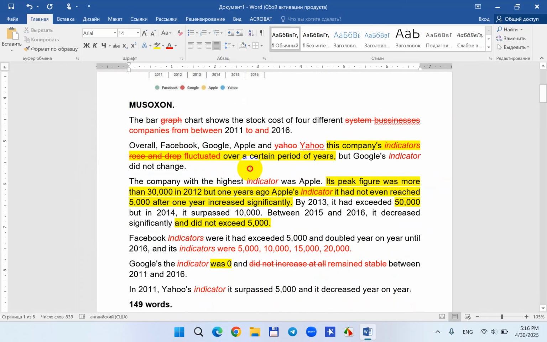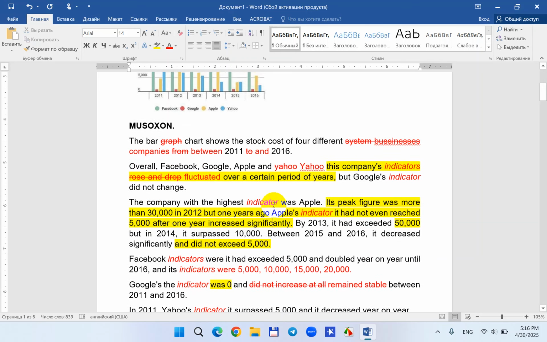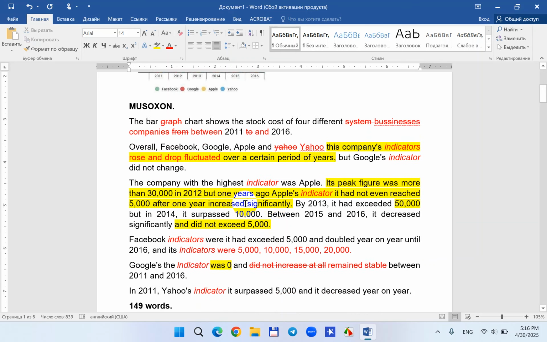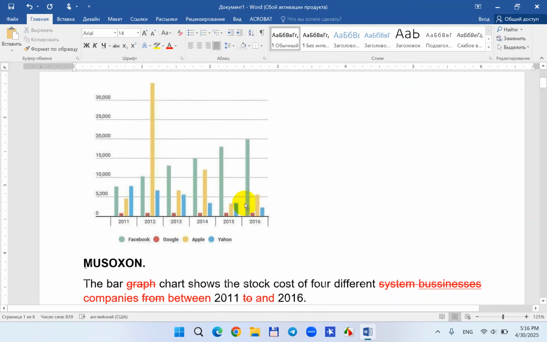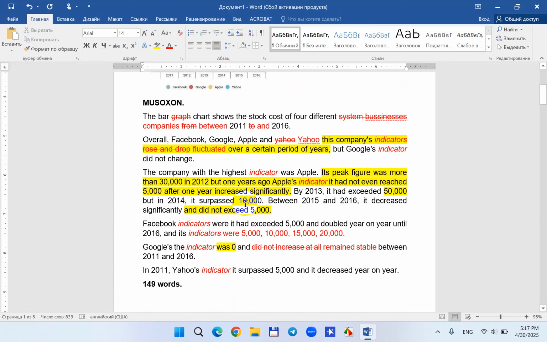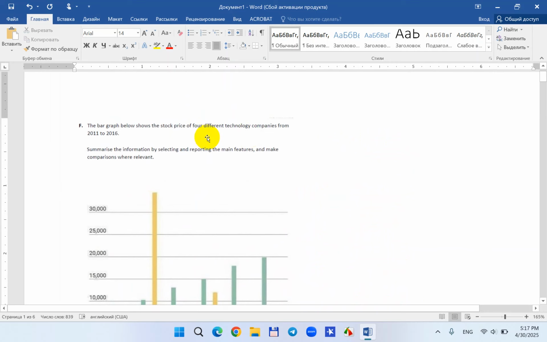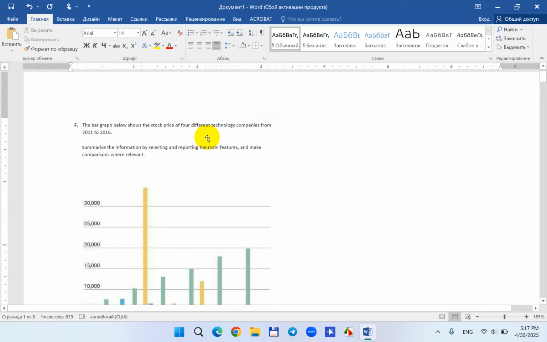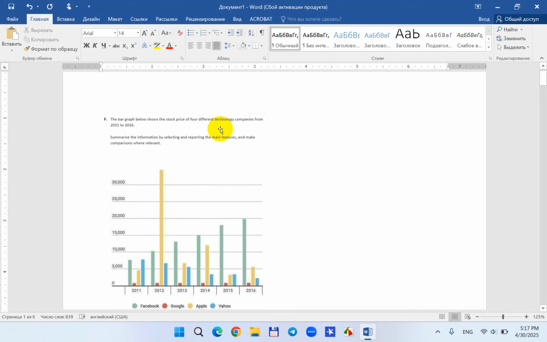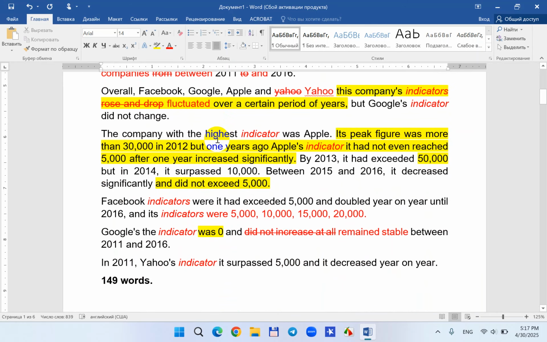First, you should improve your grammar. You have to repeat normal sentence structures. This is gonna be my recommendation, and you should be clear about what you are writing. As you can see, most parts of your essay they are not clear. And like I said before, one more time I'm gonna repeat. You should have said the stock value instead of stock price. You could say stock value, maybe the cost, stock cost maybe, but stock value would be better. Or you could simply repeat the word stock price of a particular company. This would be much better compared to repeating the same word over and over.